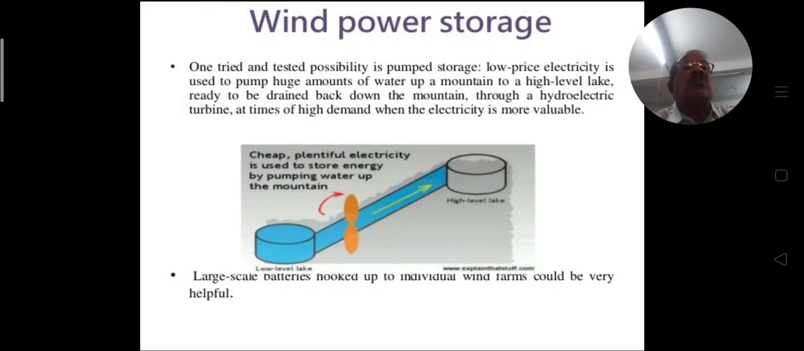And how is this wind power stored? This is storage of the wind power. The one tried and tested possibility is pumped storage. Low price electricity is used to pump huge amounts of water up a mountain to a high level lake, ready to be drained back down the mountain through the hydroelectric turbine at the time of high demand when electricity is more variable. The large scale of wind power is stored here using this pumping of huge amounts of